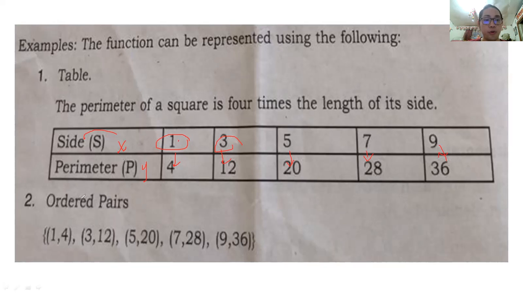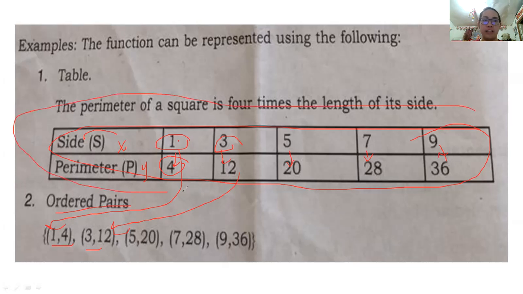Another thing, we can also represent this table of values as ordered pairs. So 1, as you can see here, and then for your P, we have 4. Same thing happens in 3 and 12, as you can see on the table and also in the ordered pairs. They're just the same, right? So you can also represent functions by ordered pairs. Again, there are 4 ways to represent a function. The first one, you can use a table of values. This is the example of the table of values. The second one is you can use the ordered pairs. This is an example of the ordered pairs to represent a function.